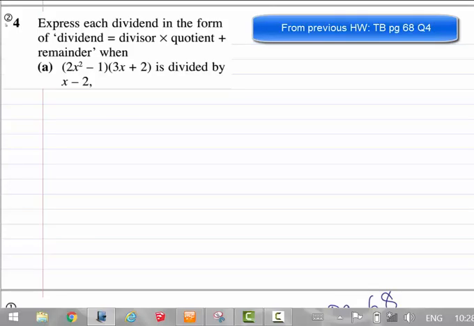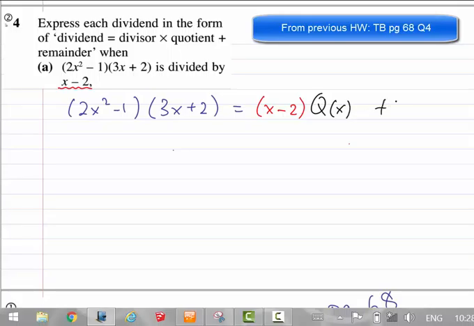From our previous homework, textbook page 68, question 4. 2x squared minus 1 times 3x plus 2 can be written as the divisor 2x minus 2 multiplied by its quotient plus the remainder. So if you are only interested to find the remainder,